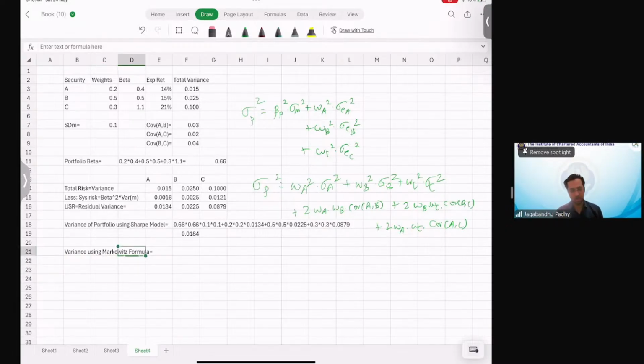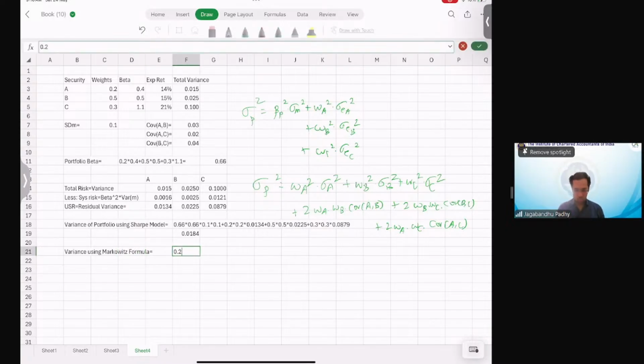Variance using Markowitz formula. That's going to be 0.2 square, weight of A square into variance of A, plus weight of B square into variance of B, plus weight of C square into variance of C, which is 0.1,